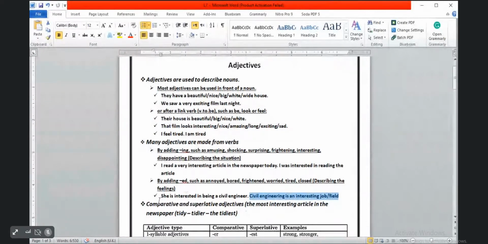بينما interested هنا it describes what? It describes the feeling of this person. You know, she wants to be a civil engineer. Why? Because she is interested in being a civil engineer. لاحظ هنا interested تصف شنو؟ تصف الشعور أو المشاعر. So the ed adjectives الصفات اللي تنتهي بإيدي تصف المشاعر وممكن نفس الصفة اللي هي جاية من نفس الفعل ing